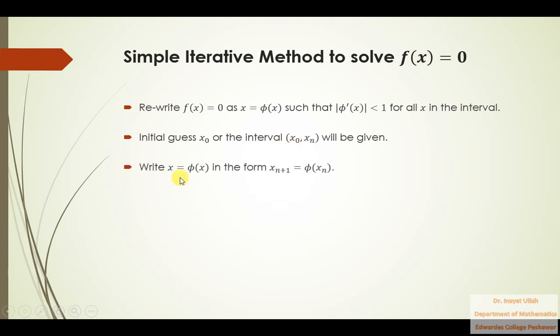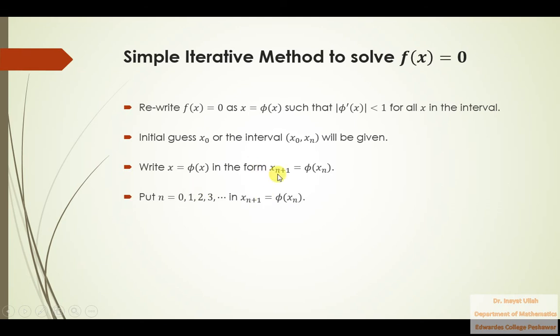And the third step is we need to rewrite x equal to phi of x, this equation. We need to write this x equal to phi of x in the form of x_{n+1} is equal to phi of x_n. What does it mean? It means that we need to replace x by x_n on the right hand side, and we need to replace x by x_{n+1} on the left hand side, and then